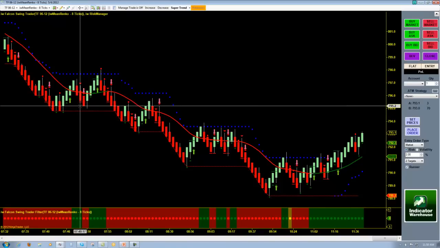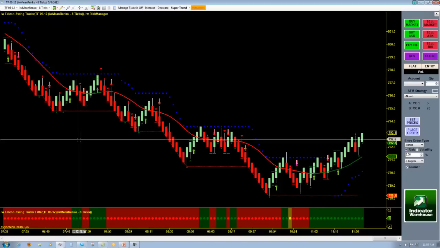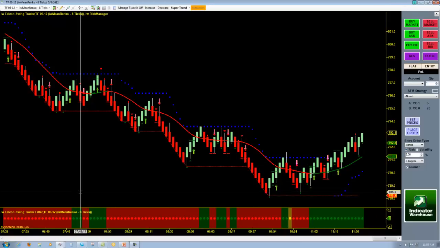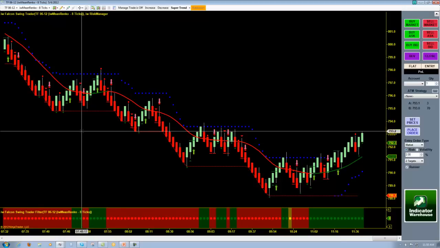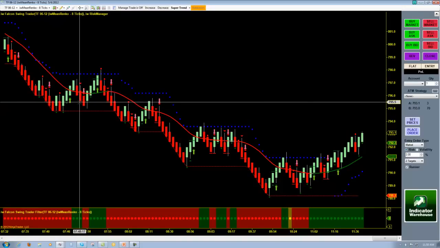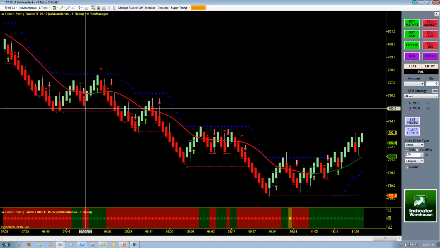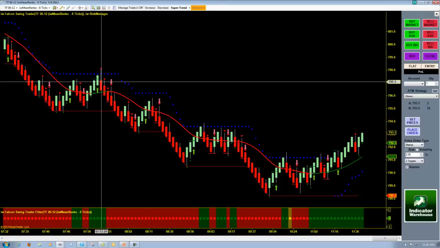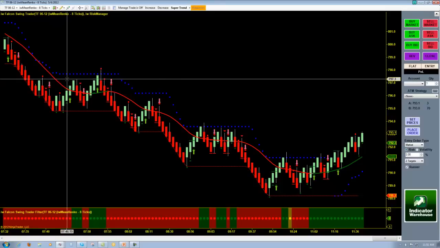This is my entry bar right here. And if we follow the cursor all the way down, you will see that on the entry bar, my filter dot is green. To be conservative, I prefer for my entry bar to have a red dot. So DTS helped me stay out of this trade, and it's a good thing. It looks like it would have gone my way for a couple of ticks, but it would have wound up backing up over me and definitely taken out my stop up here at this most recent active high or pivot.